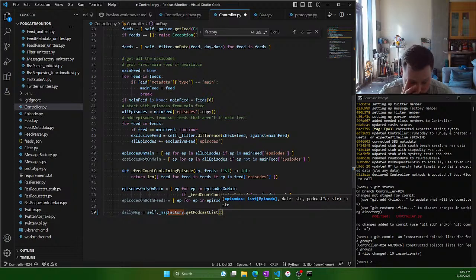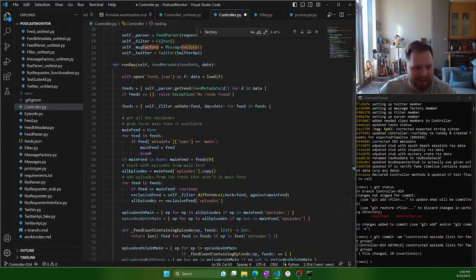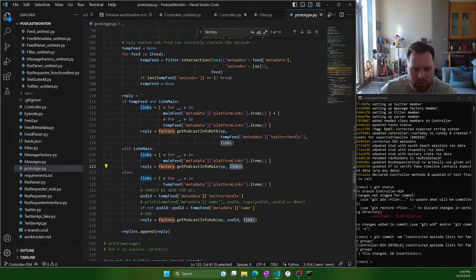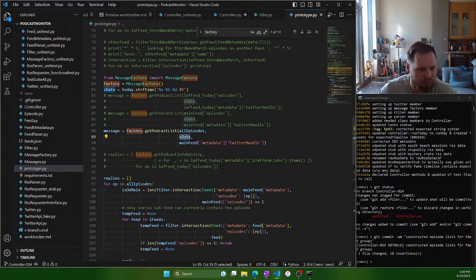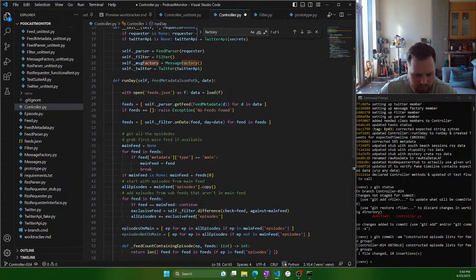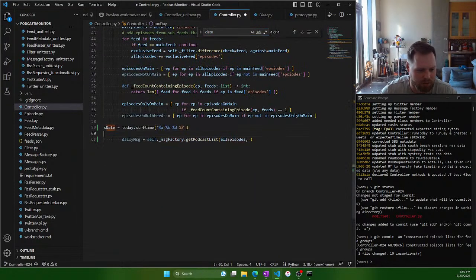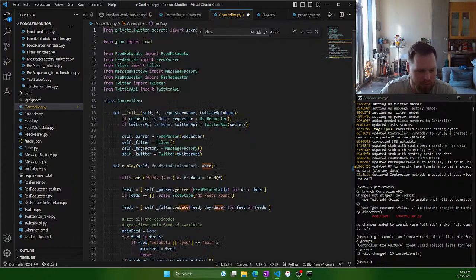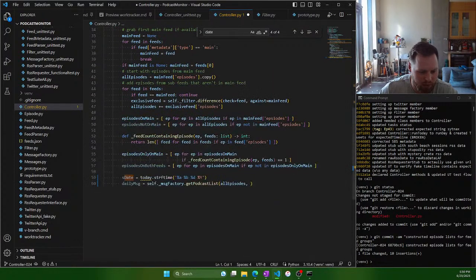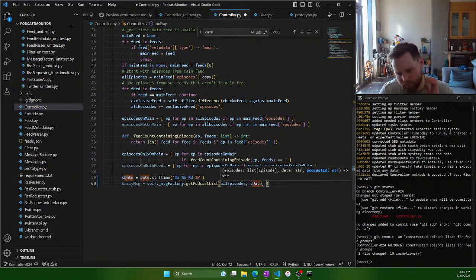So now we need to give it a list of episodes. So that's going to be all episodes. The date as a string, which I'm just going to copy this here so I don't have to relook those up. Right, so where was the date that we're passing in? Using it for the filter. All right, so we'll come down here, we'll add in sdate. And this is date. So add in that. And then we need the podcast ID, right, which is, if it's going to be in